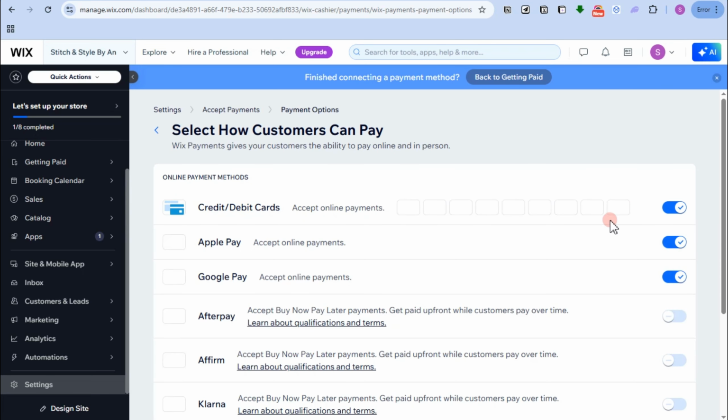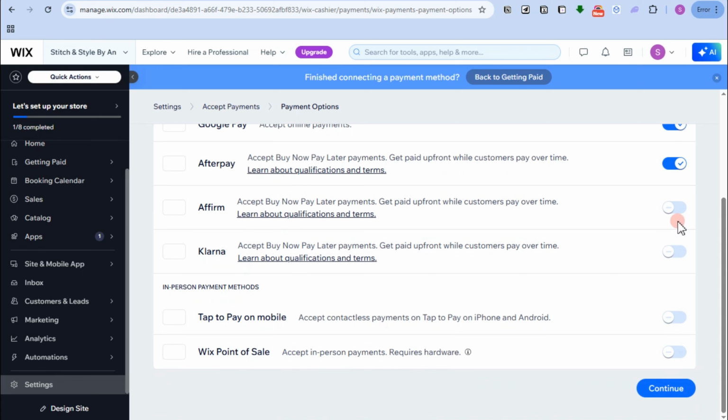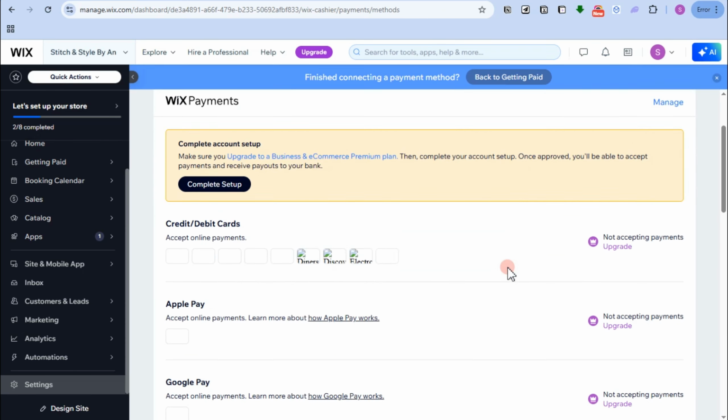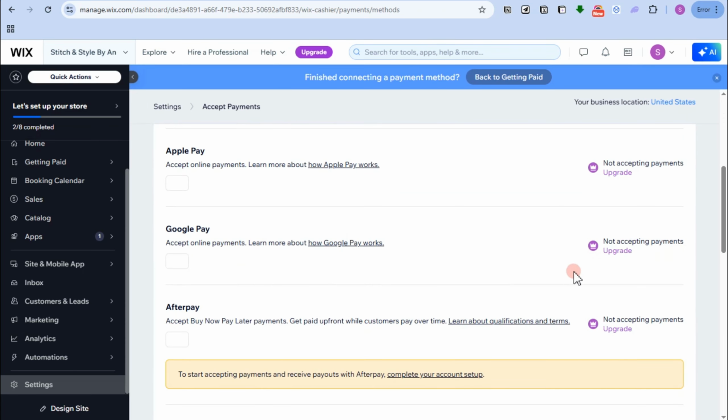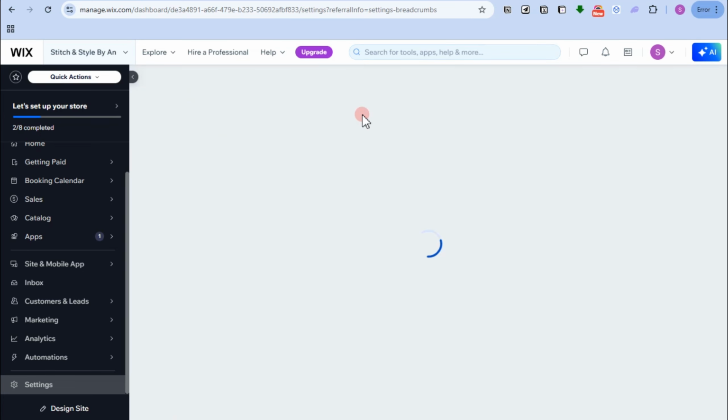So this time you can now set up your online payments through credit card and debit card. You need to toggle this one on. If you want to accept payments via Google Pay, Afterpay, if you want to accept payments via Affirm or Klarna, you can do that. After that, once toggled on, okay, continue. Now you will see options here, but in order for you to unlock this product or this feature, you need to upgrade your plan. So let's go back to other